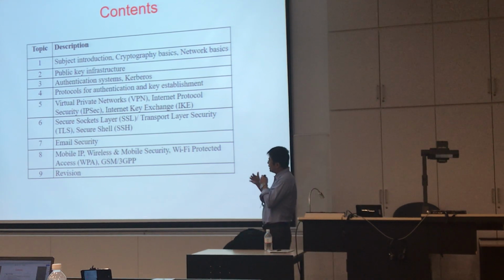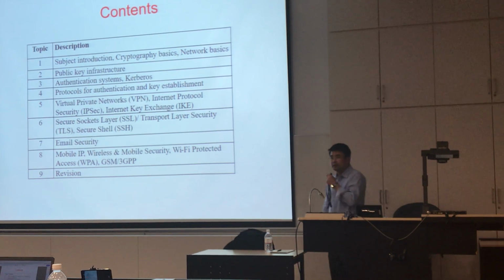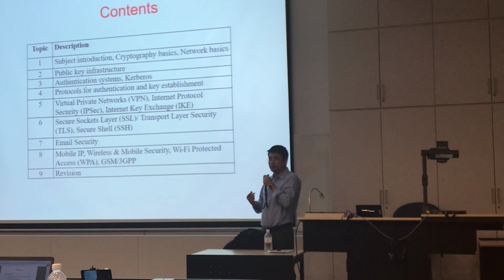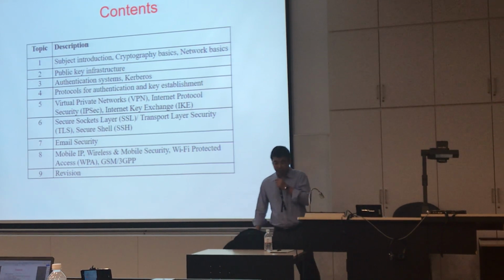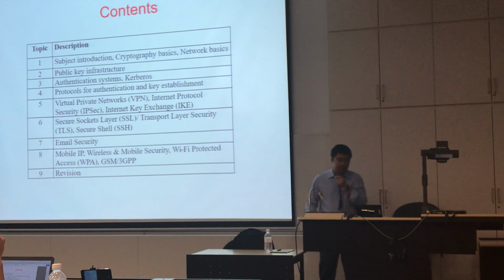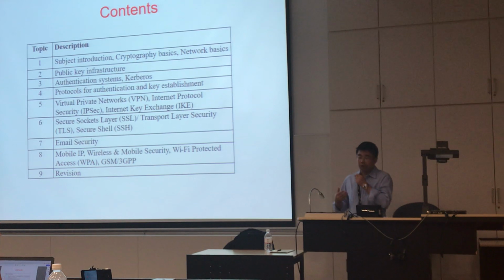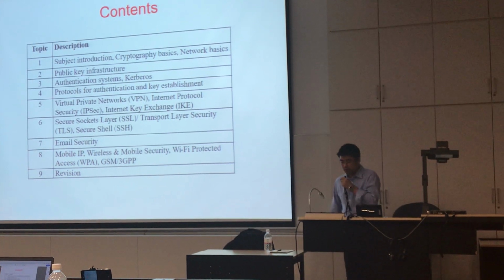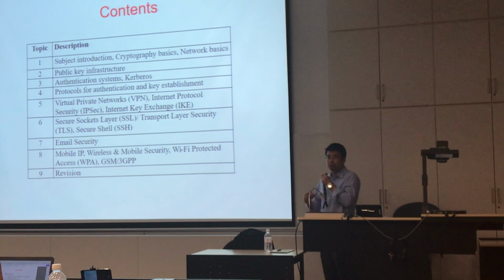And then we will look at wireless and mobile security. For wireless security, we will mainly look at Wi-Fi security. How does the Wi-Fi security protocol work, and what are the problems in some old wireless security standards? For example, the WEP protocol, the first security standard for Wi-Fi. There are a lot of flaws in the design, and we will look at what the problems are and how we fix them in a new version.